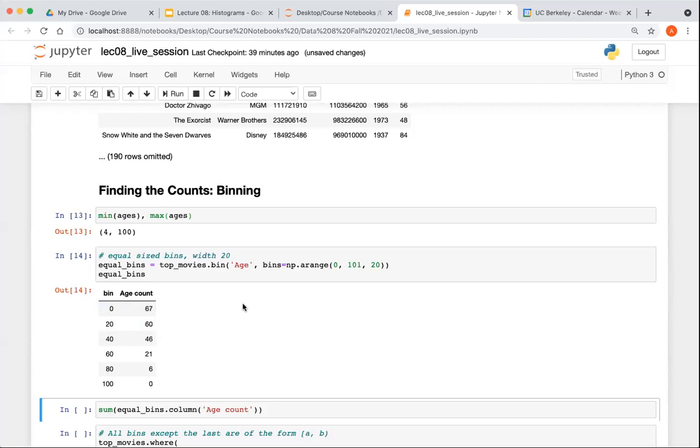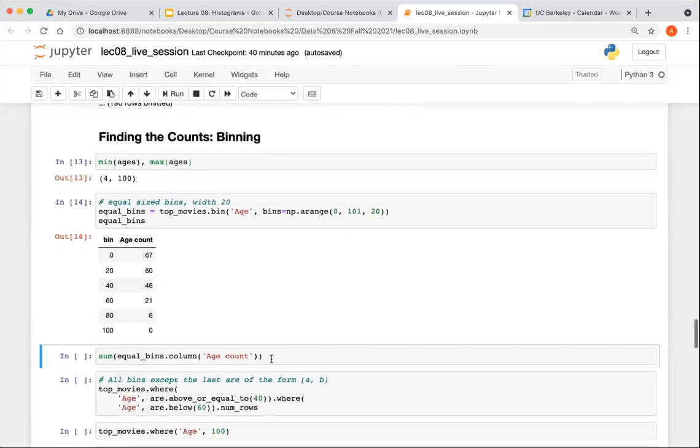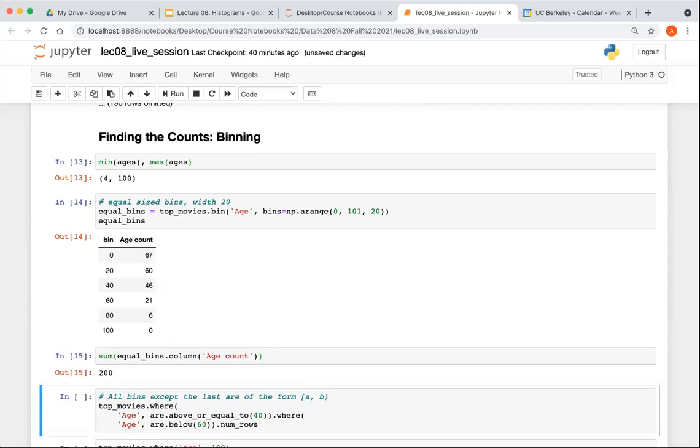And if it is clear, no, the right endpoint is not inclusive, right? Remember we said that we are going to include the left end, but not the right, very Pythonic. Okay, so could you please tell me how many movies were in the 40 to 60 bin? Yes, in the 40 to 60 bin, there were 46 movies. You now know how to read this table. Okay, if I add all the counts, how much should I get? I should get 200. Let's just check that. Yep, I haven't lost any movies.